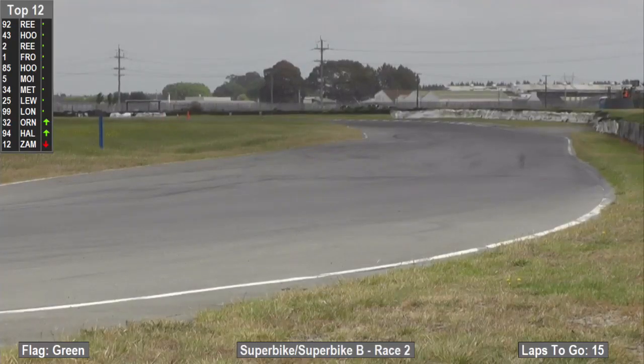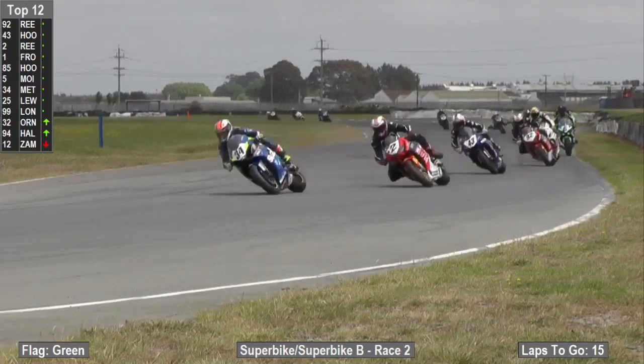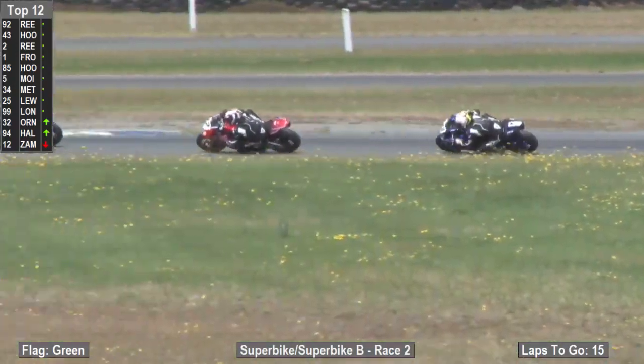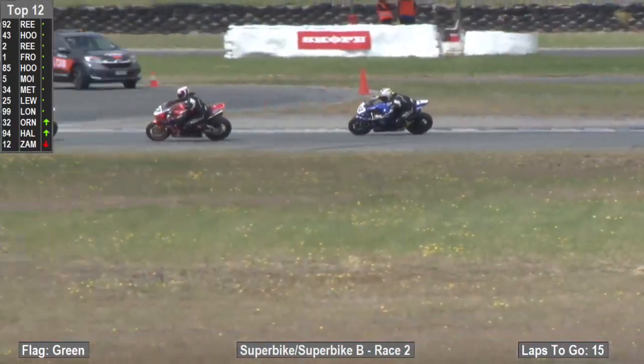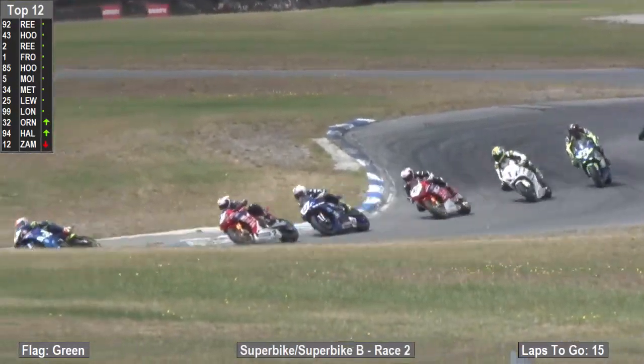They head into the Christchurch Casino Carousel, and Damon is all over the back of Daniel at the moment. They head out of there and down into the Southern Salvage corner. That looks to be Mitchell in second, so the update, Mitchell in second place. So we've got the Rees boys just a little bit mixed up there. Heading into the dipper, we have Daniel Medham in front, and then Mitchell Rees, Al Hoogie, Damon Rees, and then